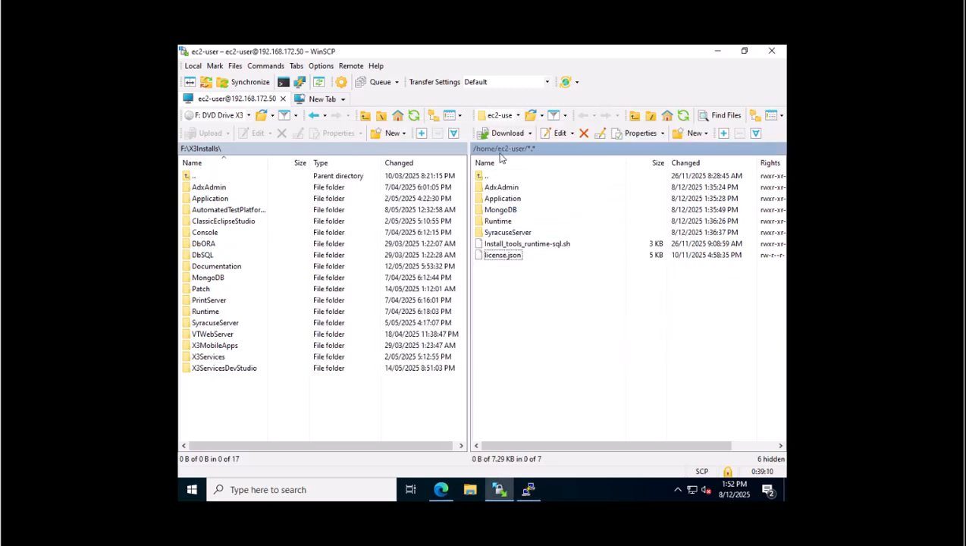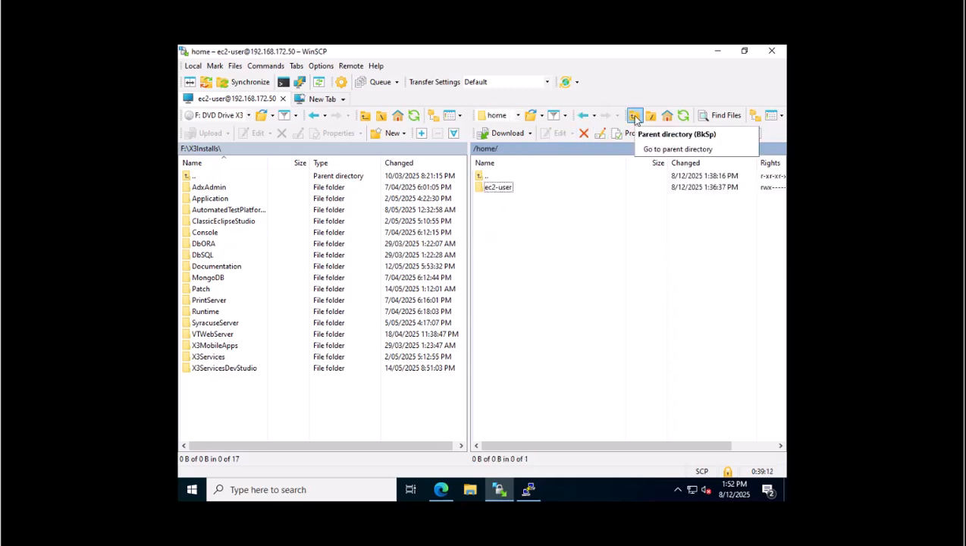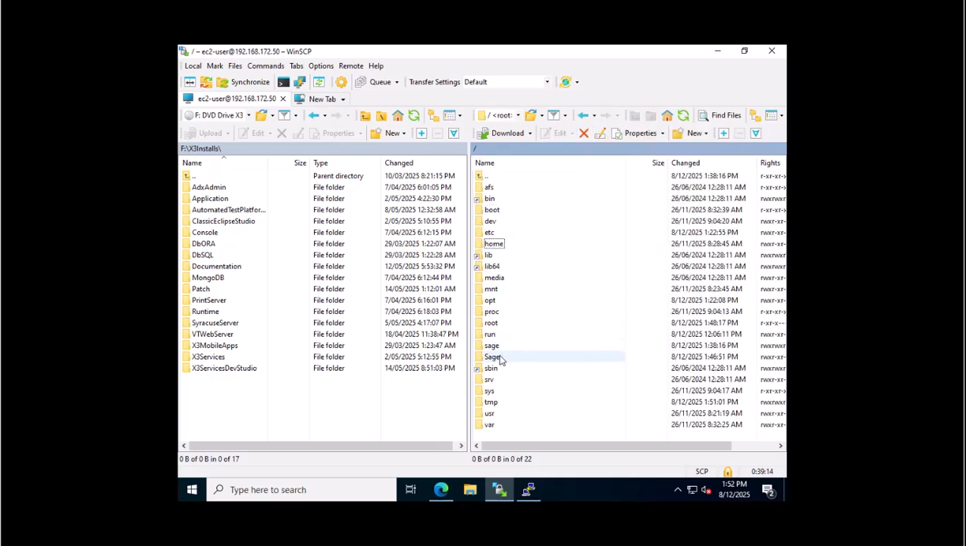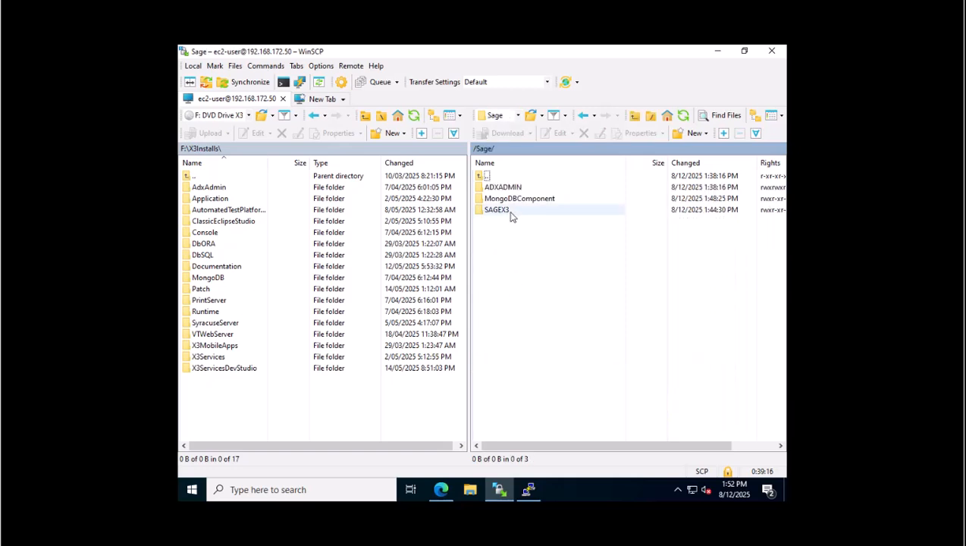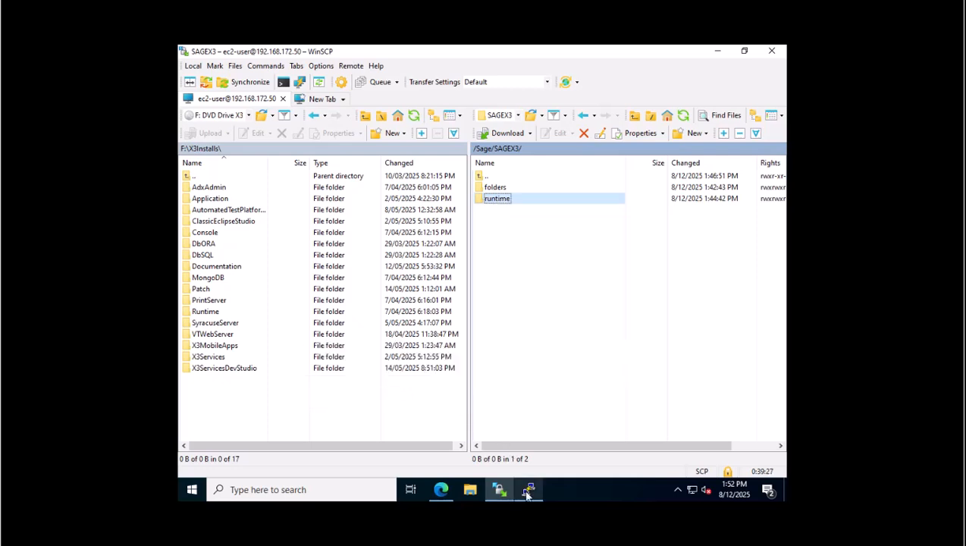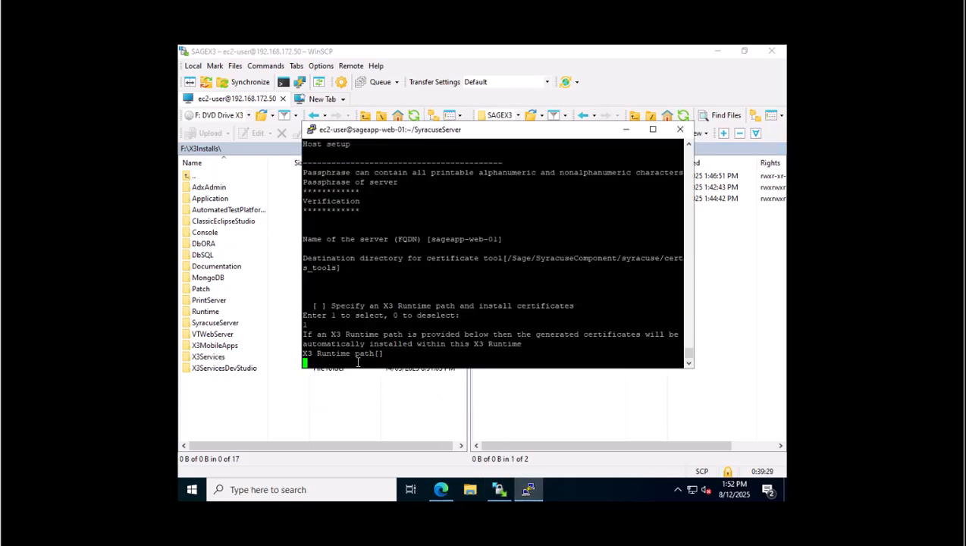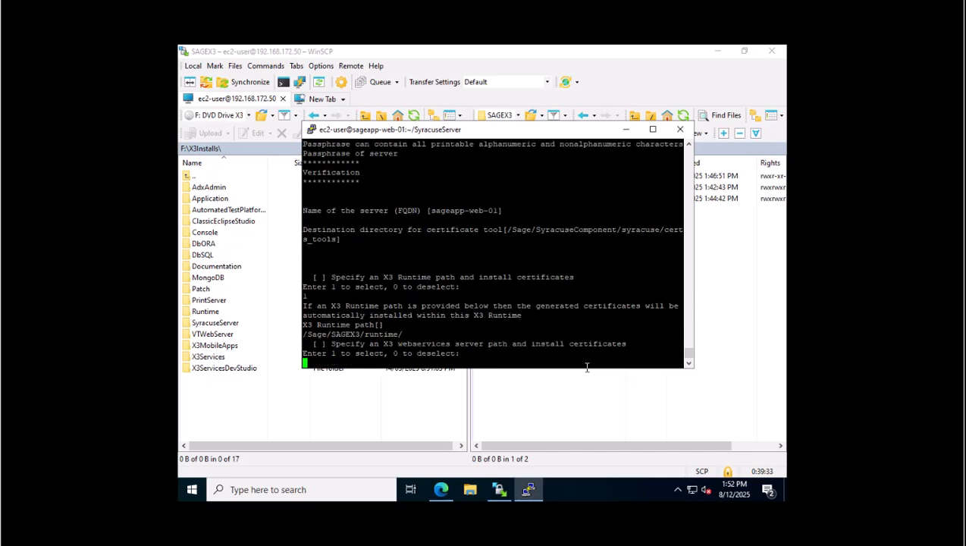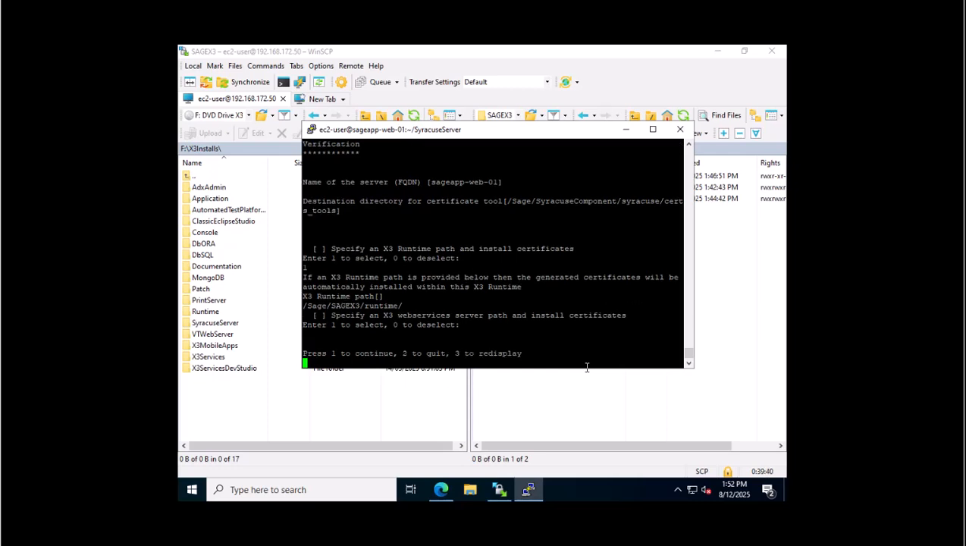Again, in the WinSCP tool, or where you install the runtime component. So it's typically under Sage X3 runtime. Right click on the runtime directory for the file names and click copy to clipboard including paths. And right click here, it will enter the runtime directory for you. Enter. You don't need to specify web services, so I'm going to go with the default, press enter here, and want